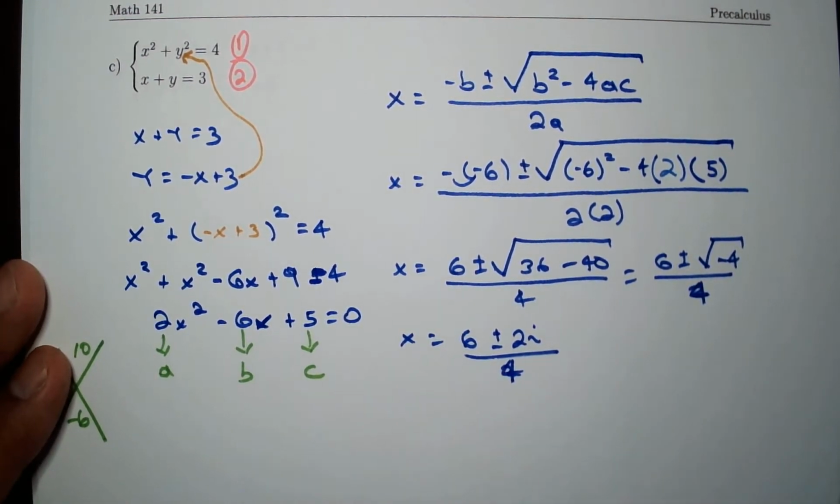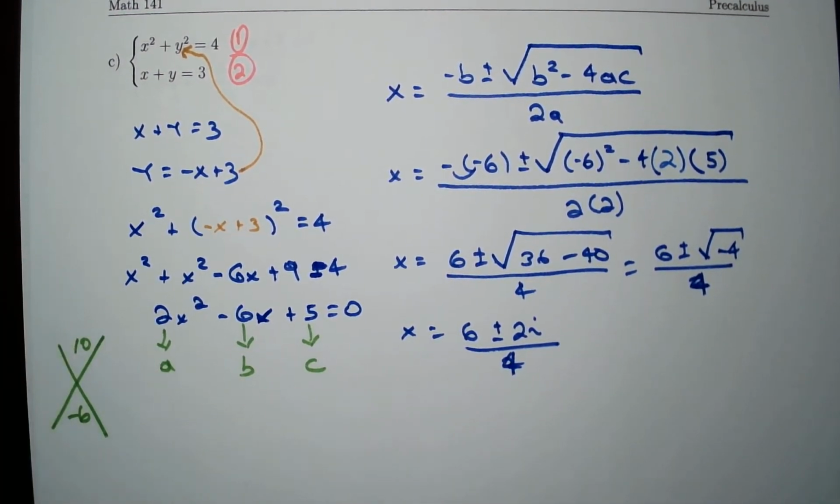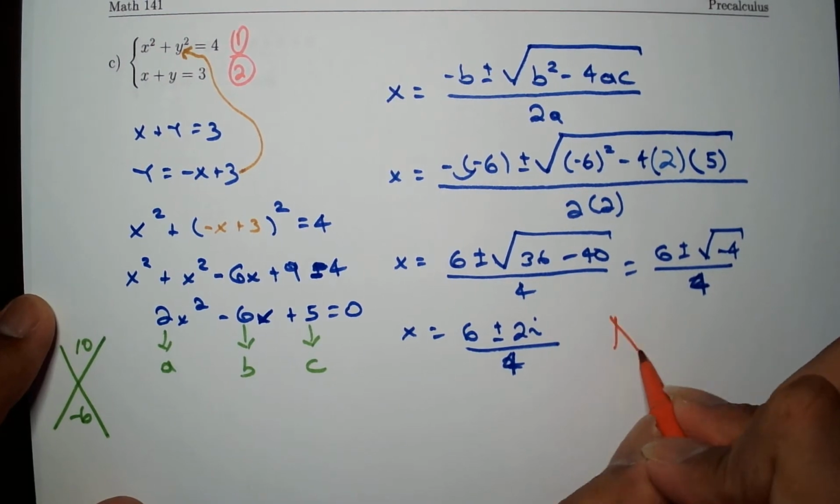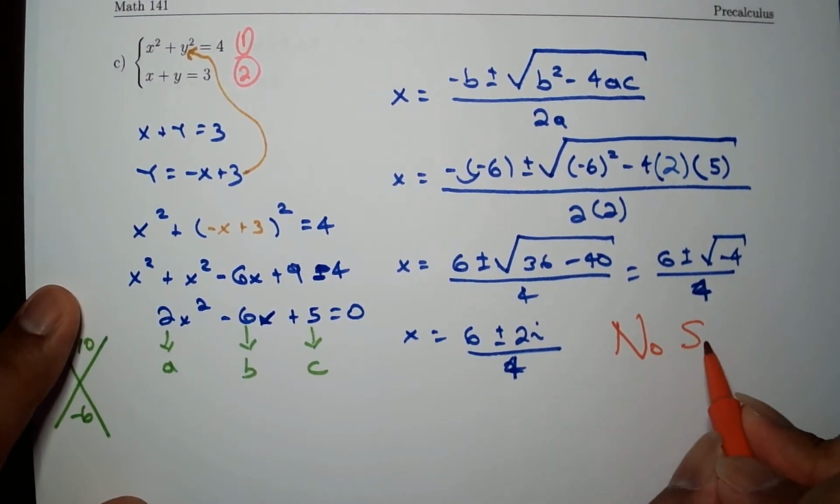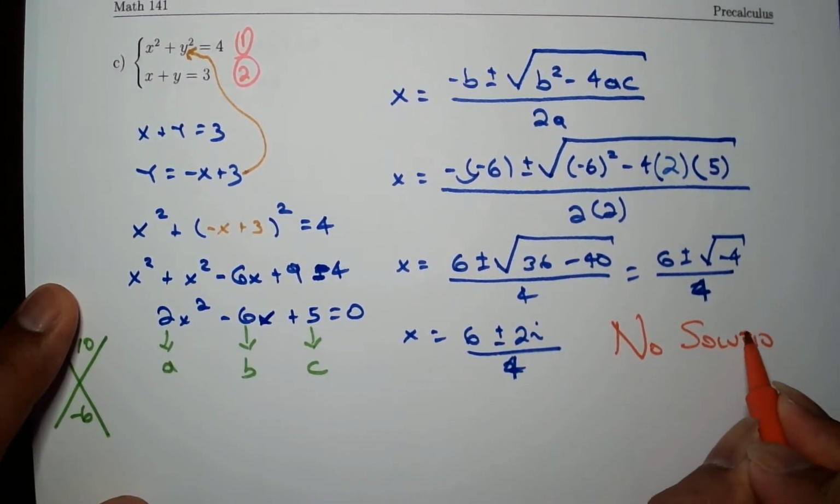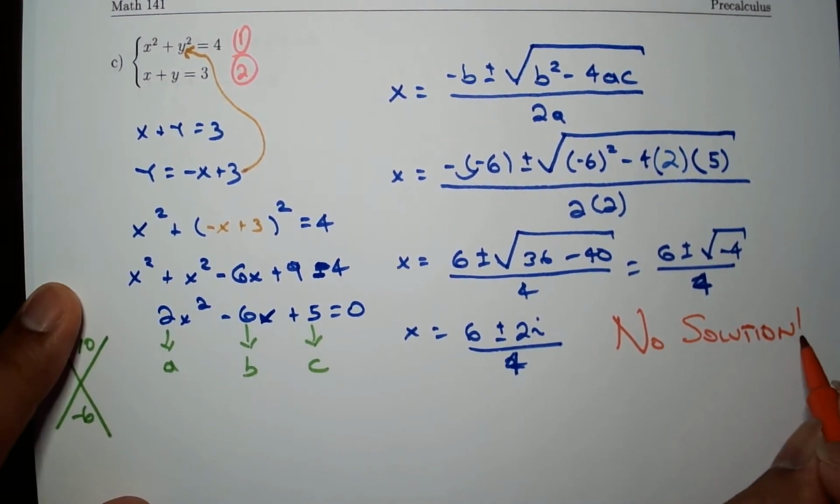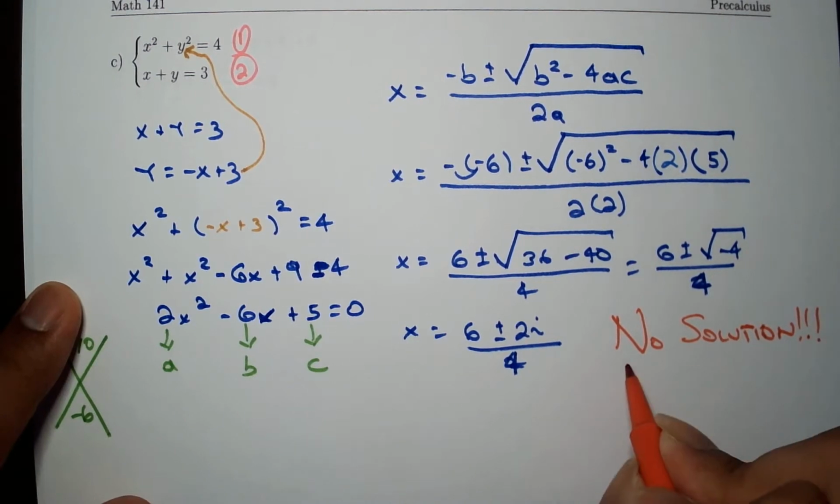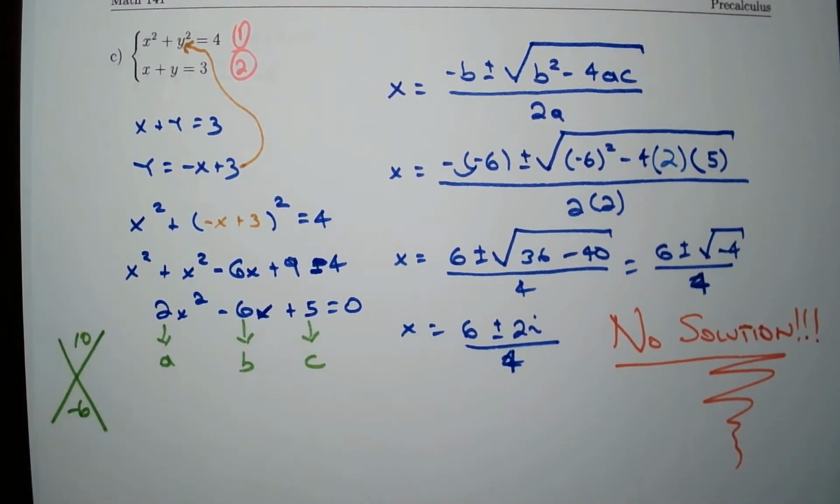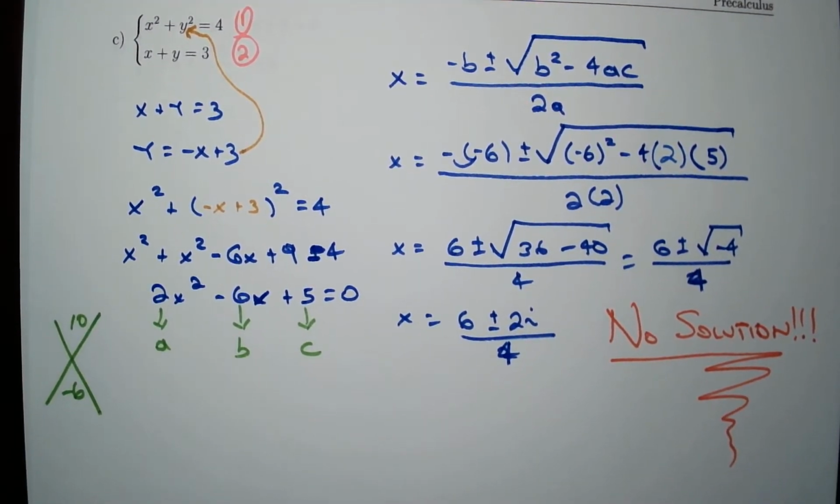This one is not going to be... It's going to be a no solution. No solution. Because the solutions are complex numbers, and we don't want complex numbers. We want only real numbers. Now, if you would like to visualize why this is not a solution,